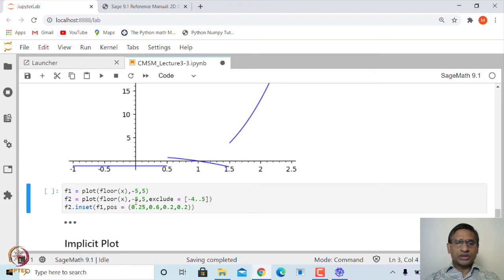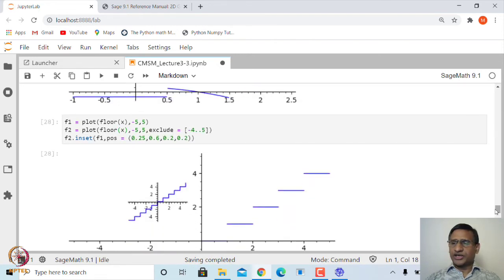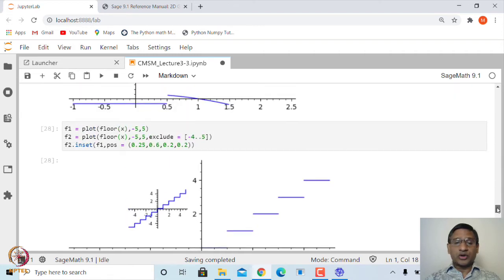You can also, for example, plot the graph of the floor function. This is the greatest integer function, and this is the graph of the greatest integer function, also known as the step function, and inside this we can plot the graph of another function which gets inserted inside this.